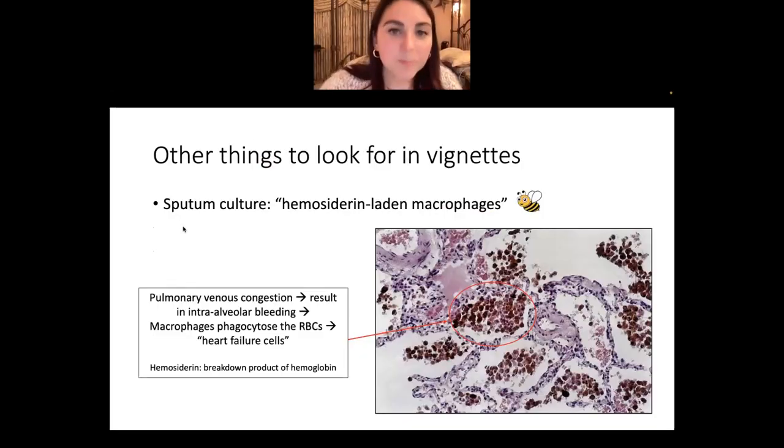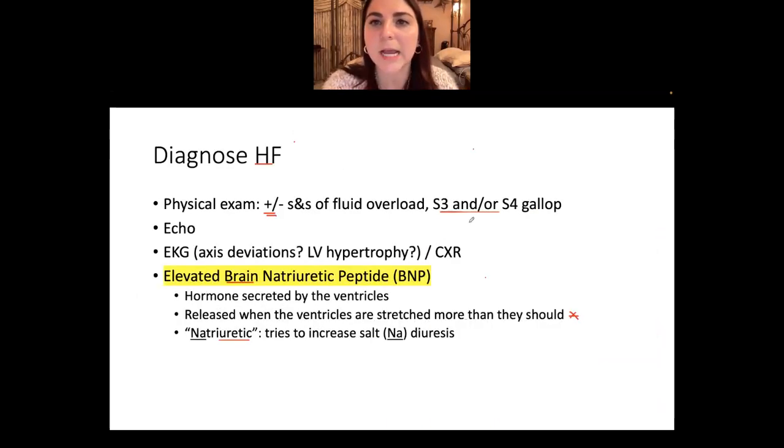And then lastly, other things to look for in vignettes. Sometimes they'll talk about patients doing sputum cultures. Again, a lot of the time, remember I said left-sided heart failure symptoms are very similar to pulmonary symptoms. So sometimes in a workup, they'll do